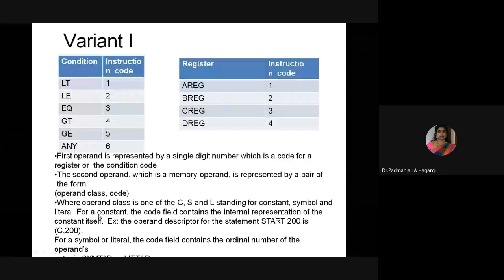For a constant, the code field contains the internal representation of the constant itself. So the operand descriptor of a statement like START 200 is